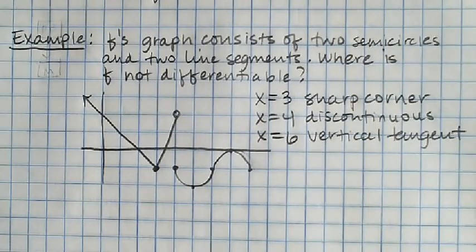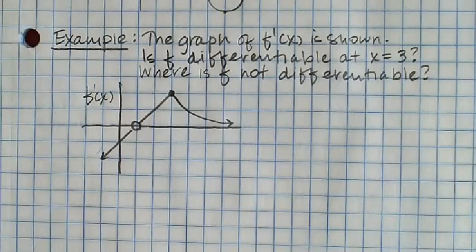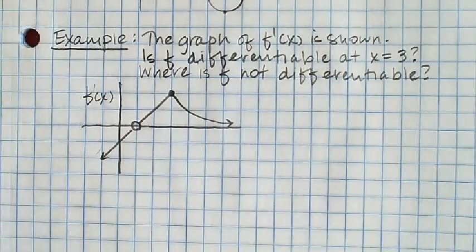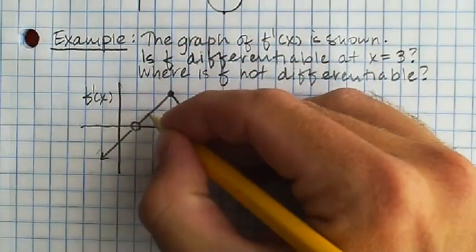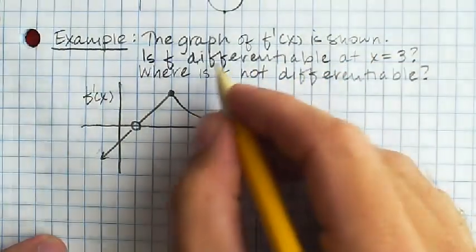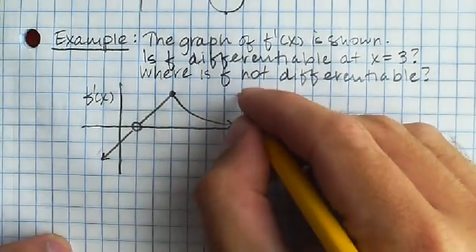But there's another way I could ask you. This is a situation that I have seen on multiple choice questions before. Here's a picture of the graph of the derivative. Is the function f differentiable at x equals 3? Now, I asked where f is actually not differentiable, because I'm telling you that f is differentiable at x equals 3. F prime is clearly not differentiable at x equals 3 because of a sharp turn. But I'm telling you that f is differentiable at x equals 3